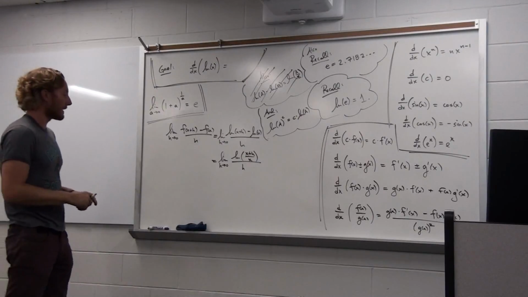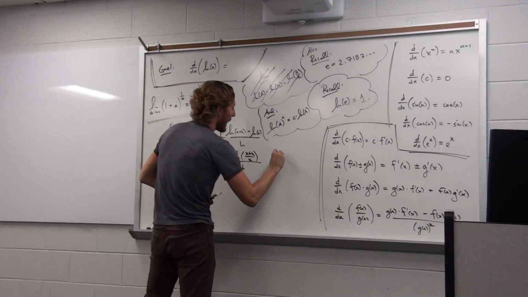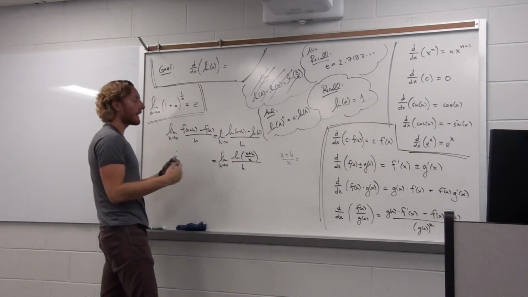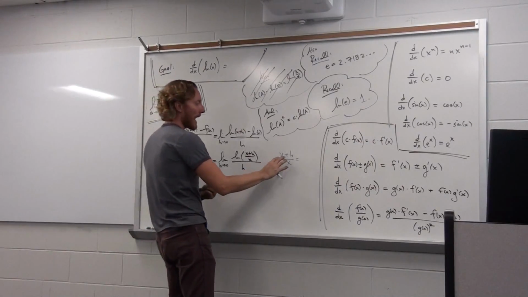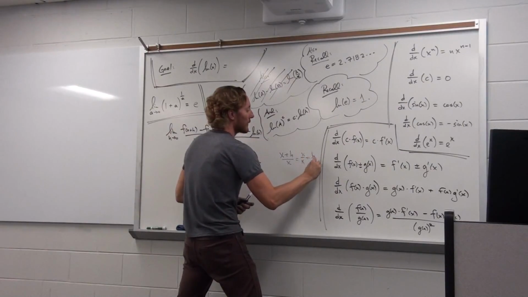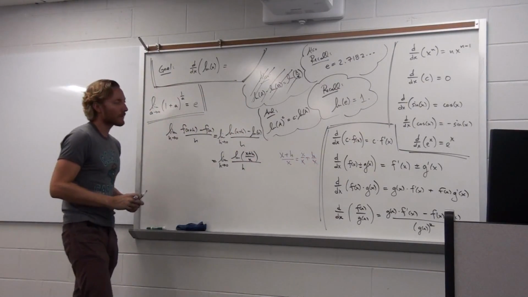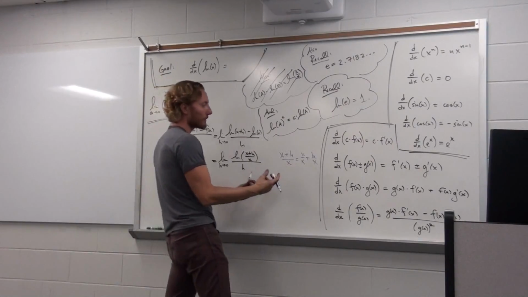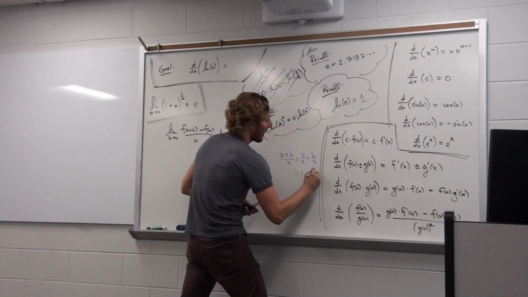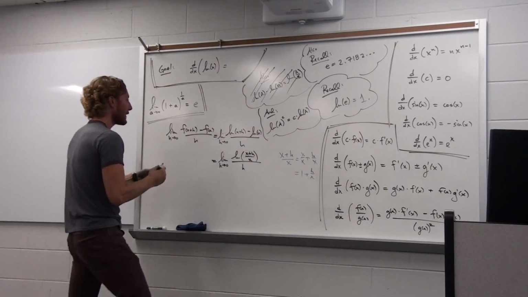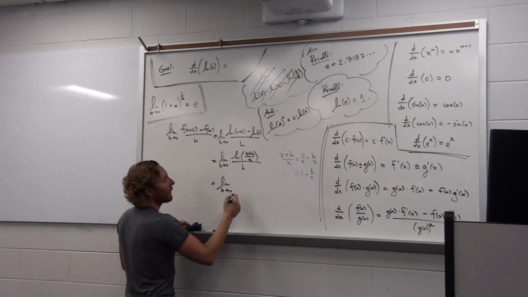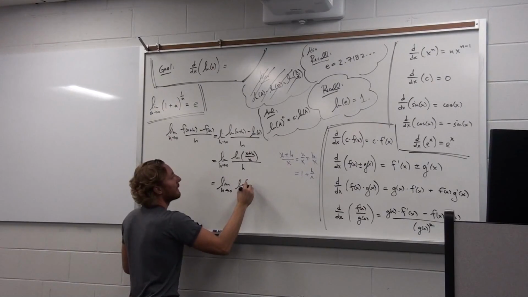Okay, so now we've got that out of the way. What can we do at this point? Well, let's think about this for a second. We've got x plus h over x, right? That's what's inside our ln. Let's simplify that, because x plus h over x, they're both over the common denominator, so you could write this as x over x plus h over x, just breaking the computation into a pair of terms being added. And when you do that, you get x over x, which is just 1. So that's a nice simplification. If we use that simplification, we get limit as h approaches 0 of ln of 1